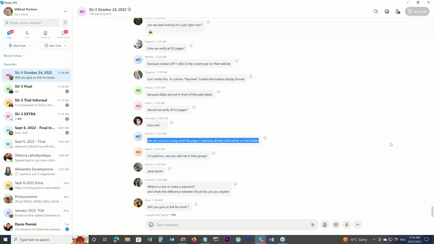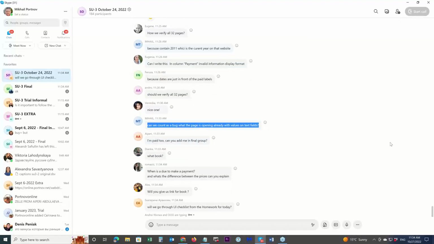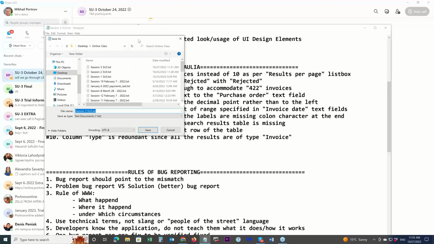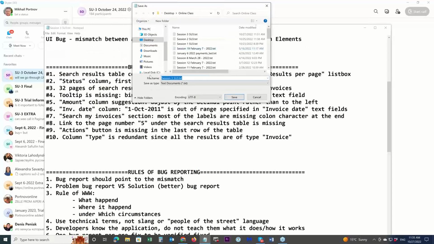if you looked at my presentation about user interface rules, we have such a thing as a default value. So when something opens with a value provided, for example, if I go to Notepad, and I go to File, Save As, it comes with a name already given.